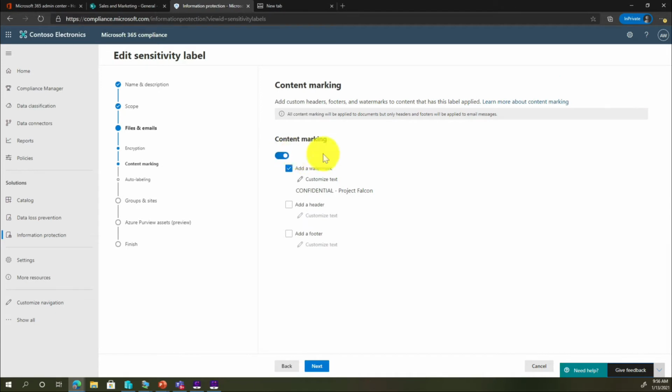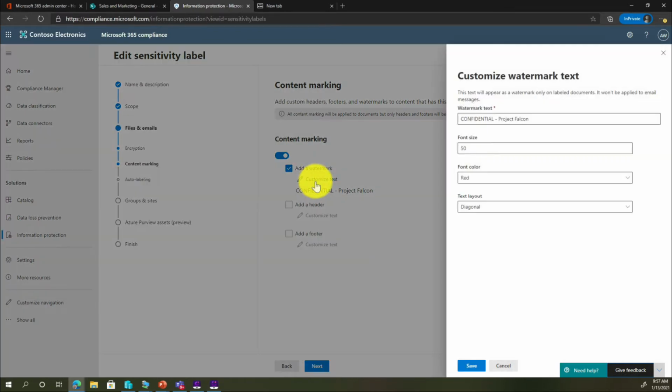Next, we'll look at the content marking, which we looked at earlier here. Content marking is primarily like what you've probably seen in shows or in some documents, where you have the top secret or secret label or watermark. And that is really what this is, a watermark. Then you can choose whatever the text is, the size and the color, and whether you want it diagonal or horizontal. So this is a really cool feature as well.